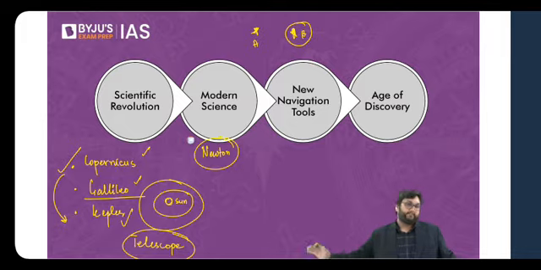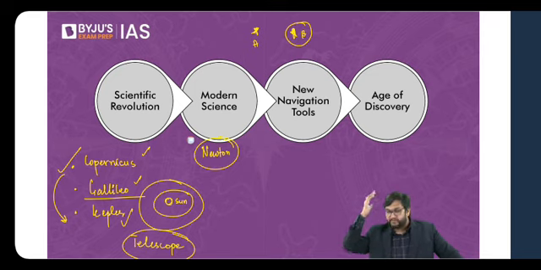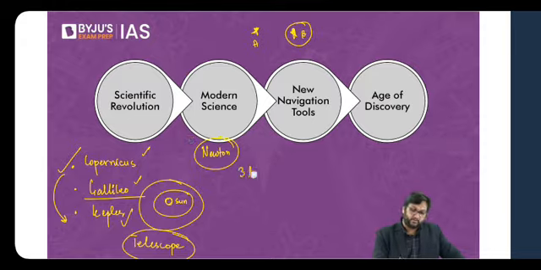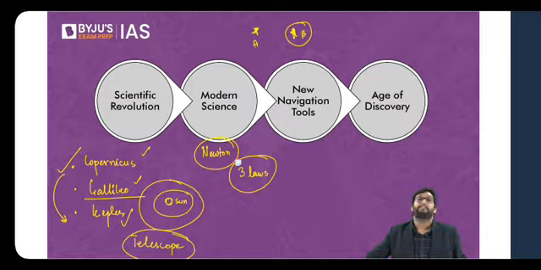Newton changed everything for a very simple reason: he argued that it is not God which intervenes in everything. It is not divine law which decides everything. It is rather natural law which does it, and his three laws. If a body is at rest, it will want to be at rest. If a body is in motion, it will remain in motion, which is basically moment of inertia. And the most important, which is that every action has an equal and opposite reaction.